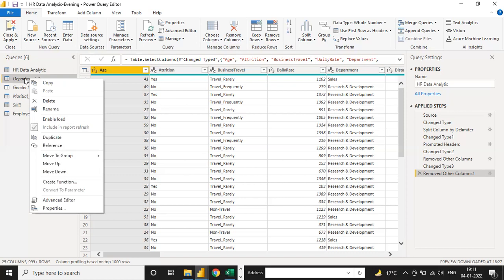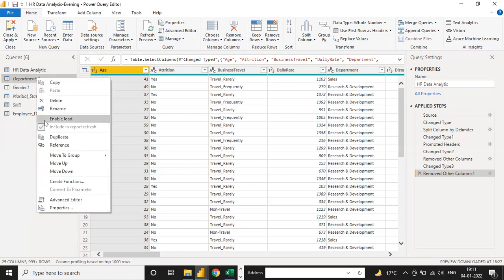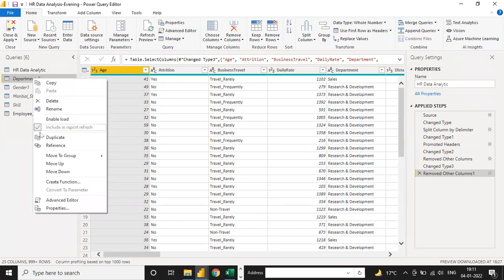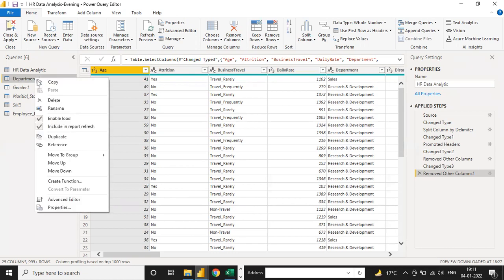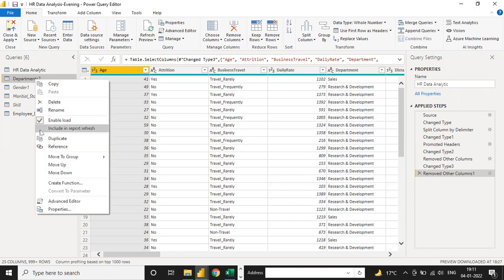Now one important thing, what is the first point? The first point is enable load, and you can see if I uncheck this point, this point is automatically disabled. Why? Because when you load the data, then only this value works. Otherwise, if you don't load the data, this value will not work. So if I check this point, you can see this option will be available. If you uncheck this point, what does this mean?